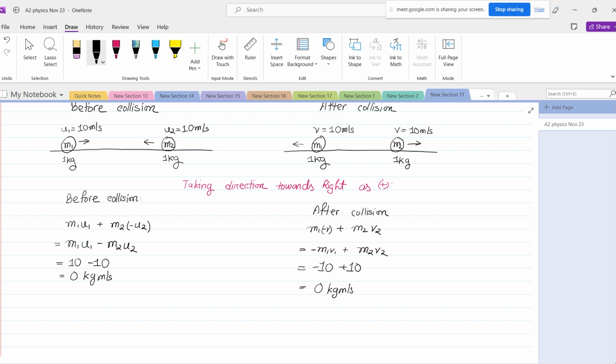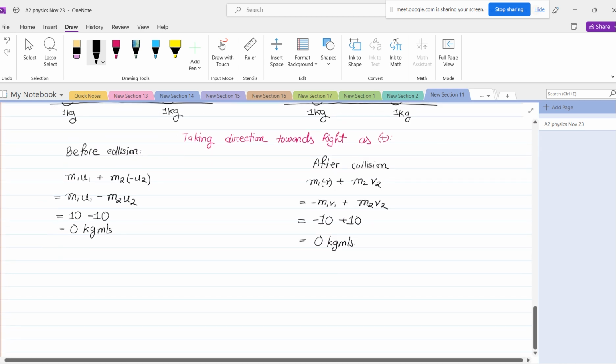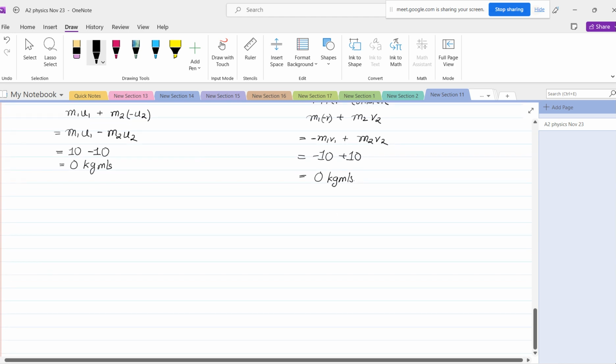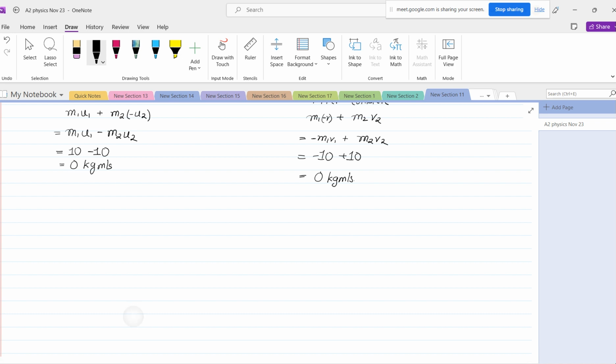And this is another example showing that momentum before collision and after collision is the same as long as no external force is acting on the objects during collision. The last example that I'm going to show is where after collision the particles join together and start moving in the same direction together. So scenario 3,